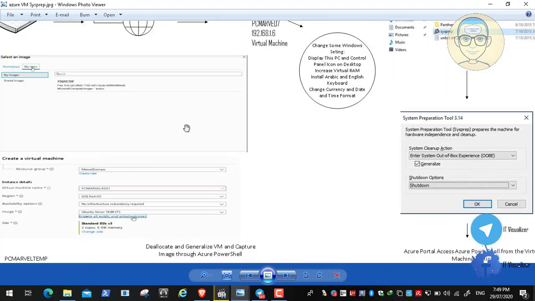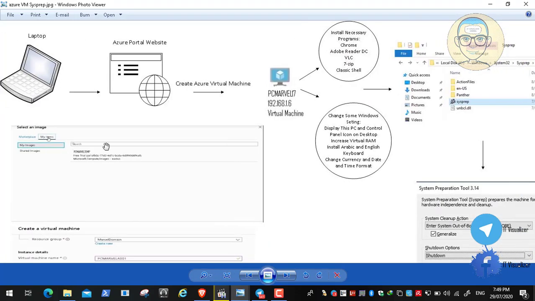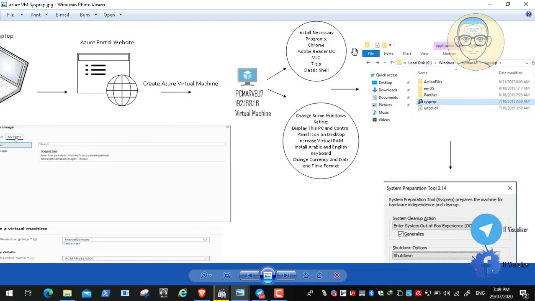So here we have our laptop, and we log into the Azure portal, and then we create an Azure virtual machine. We give it a name and an IP address, and then we install the necessary programs that we need, like Chrome, Adobe Reader, VLC, 7-Zip, Classic Shell, and we change some Windows settings. We display the This PC and Control Panel icons on the desktop and increase the virtual RAM. This is simply taking a space of the local hard disk of the machine and making it act as RAM. The best practice is to have the virtual RAM double the physical RAM. So if you have, for example, physical RAM of 5 gigabytes,